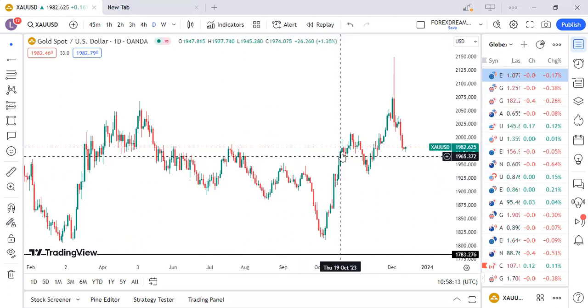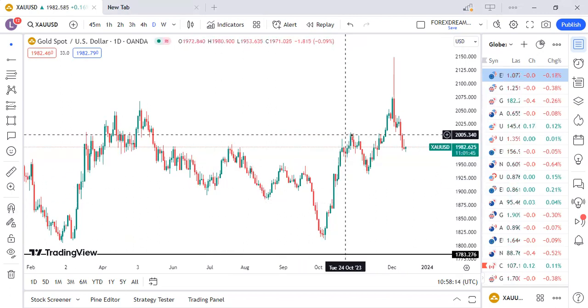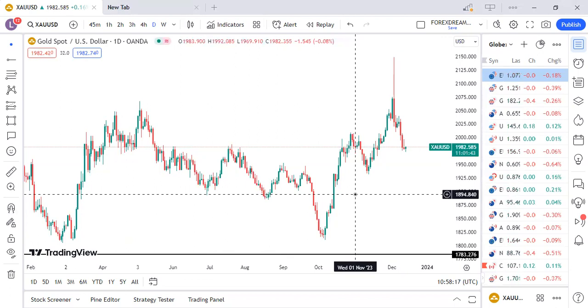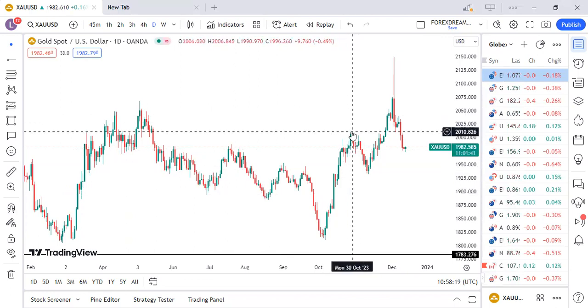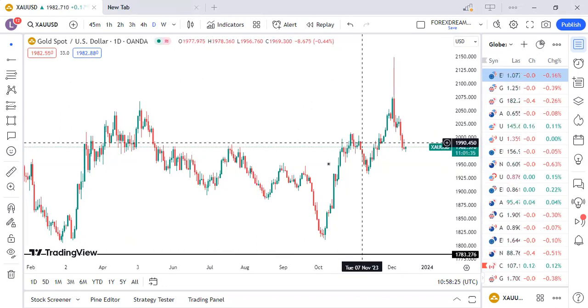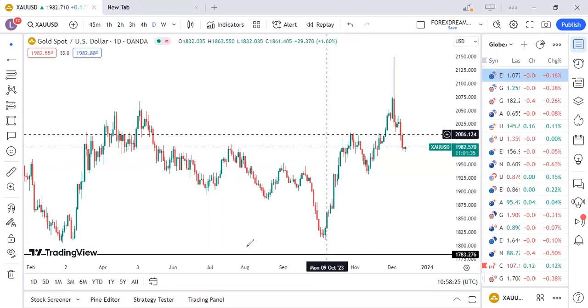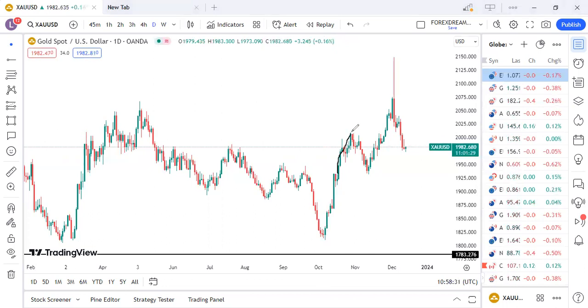We know that the market was going up here. Why did the market turn here specifically? I'm not asking you for an answer for now because you're still new here, but I want you to approach the market with my mindset. Why did the market turn here specifically? I will highlight it for you so that you can see everything. The market was in an uptrend, right? And then this is where the market changed direction. What was the cause?